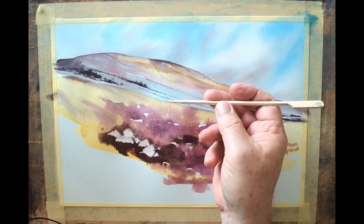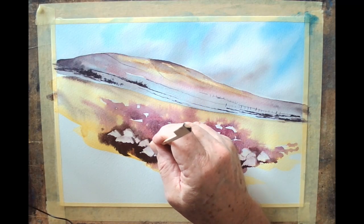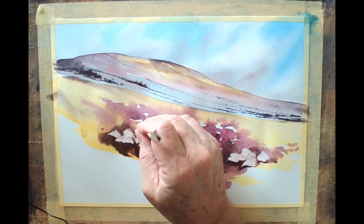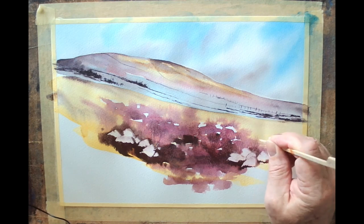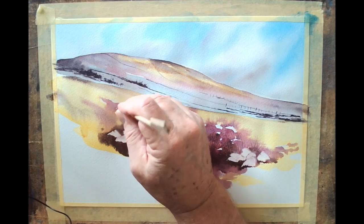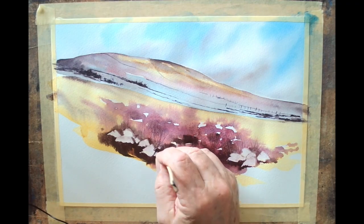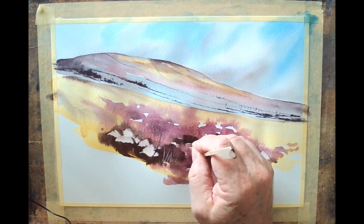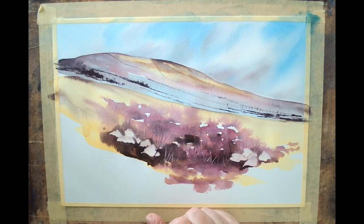I've got a kebab stick here with a sharp tip. Let's see if I can create a few. Scratch a few bits of. That's too wet there, it's not going to work there. Yeah, that gives us a little impression of a few flicks of grass. There it is, that's dried off. It just needs lifting a bit now, needs a little bit of life, and you'll find a lot of Impressionistic